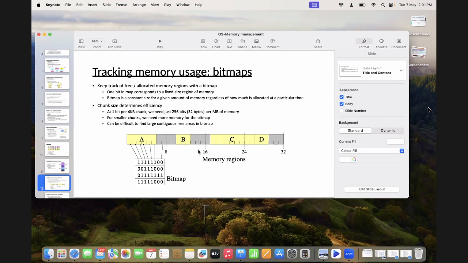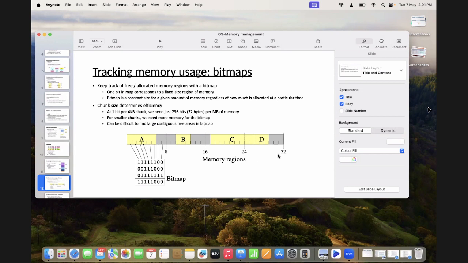So this is 32 MB of memory where each is divided into 4 KB chunks, so we will have that many chunks, 1 2 3 4 5 6 7 8 9 10 11 12 13 and so on. Now each chunk is represented by just one bit, and this can be varied.